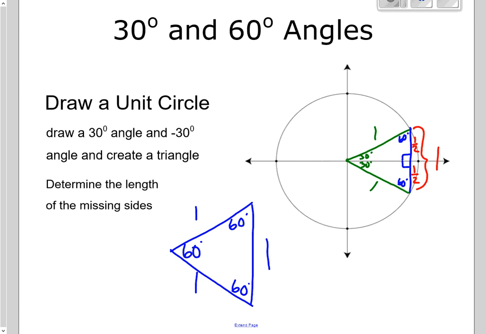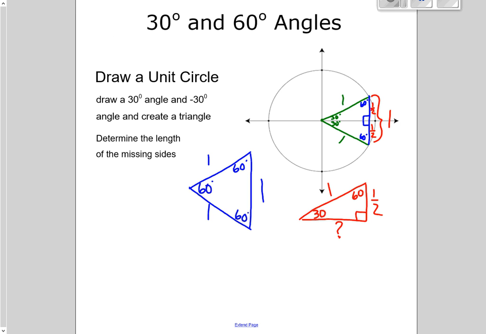All right, so again, I want to pull this out so that we can see it just a little clearer. I have 90, I have 60, I have 30. This is a 1, this is a 1/2. Down here becomes my question mark. So I want to be able to figure out what that side length is. And I'm going to use Pythagorean theorem. So I'll say a squared plus 1/2 squared equals 1 squared. So a squared,